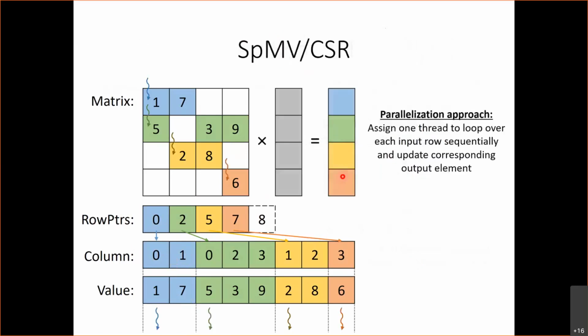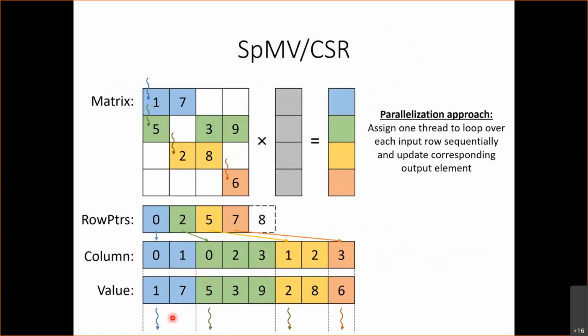Also for SPMV, we saw how with CSR, we don't need to have the atomic operations because every thread owns an output element. We don't have multiple threads writing to the same output element. So we save on the atomic operations. However, we do incur the cost